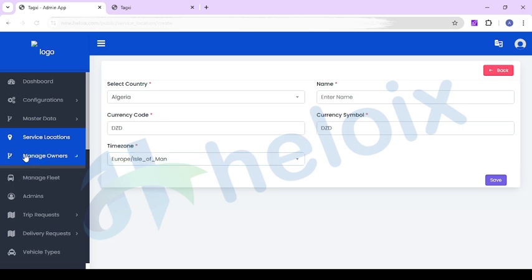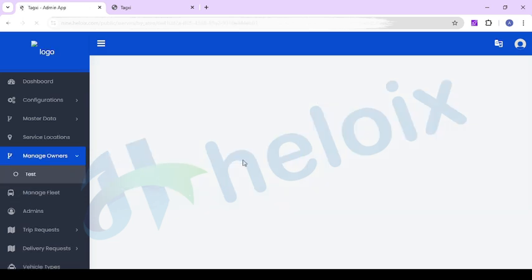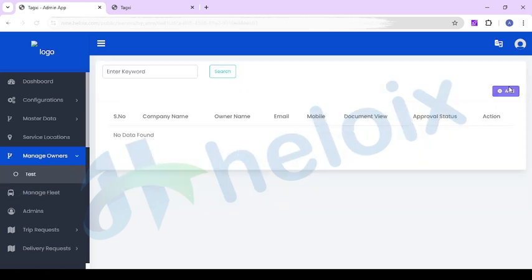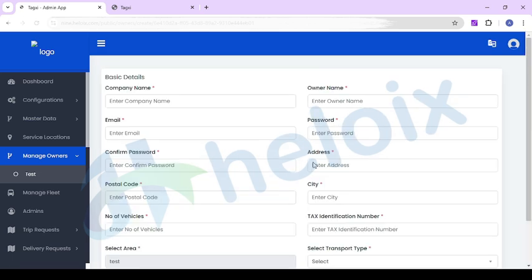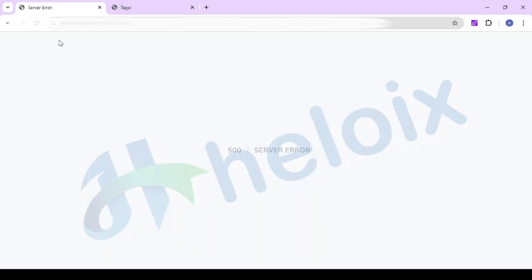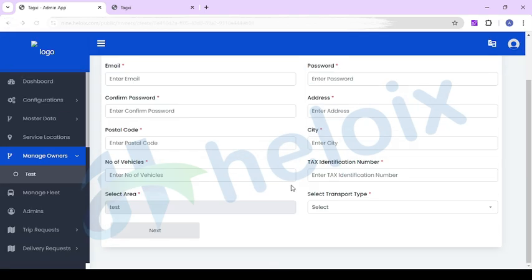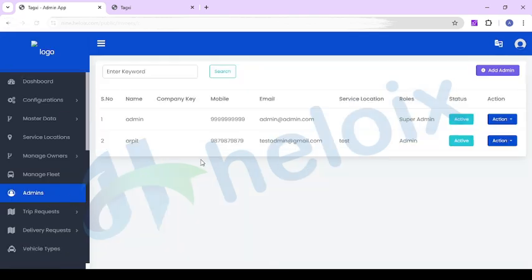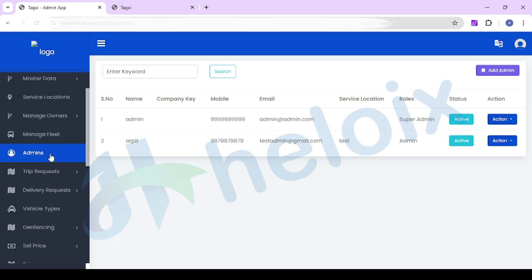You can set that. Here you can check your owners and find the owners' data. Here you can create multiple owners. You need to add some data, then it will be done. After that, fleet. Currently we have disabled that option, but whenever you go for this, we will enable it and show you the complete demo of it. After that, here you can check edit and delete options, like this is the user. Here you can check your staff data.